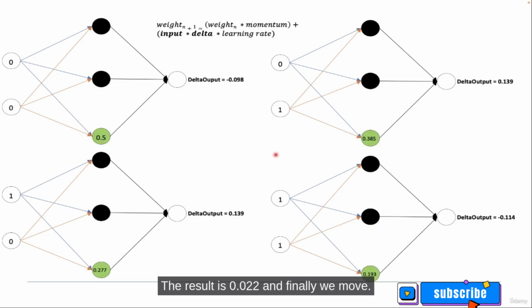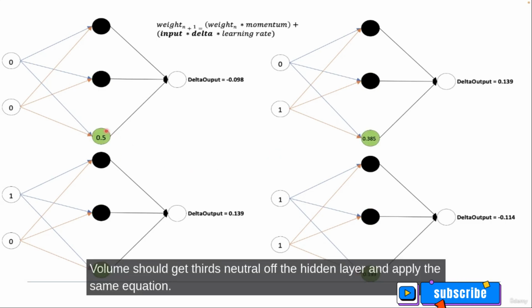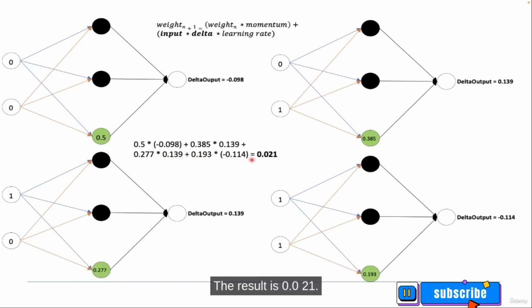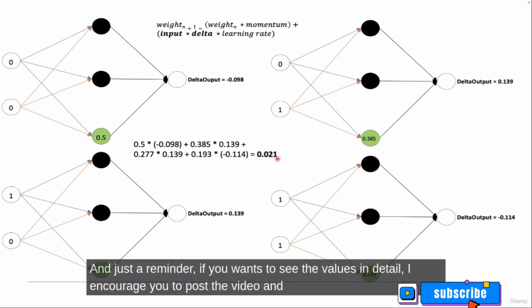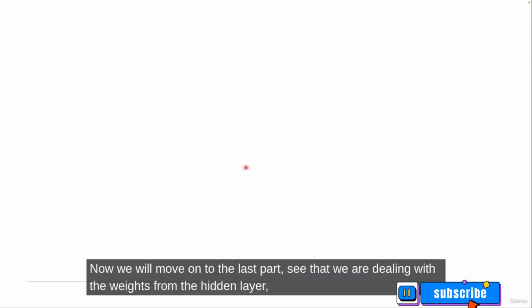And finally, we move on to the third neuron of the hidden layer and apply the same equation. The result is 0.021. And just a reminder, if you want to see the values in detail, I encourage you to pause the video and check them. Now we will move on to the last part.